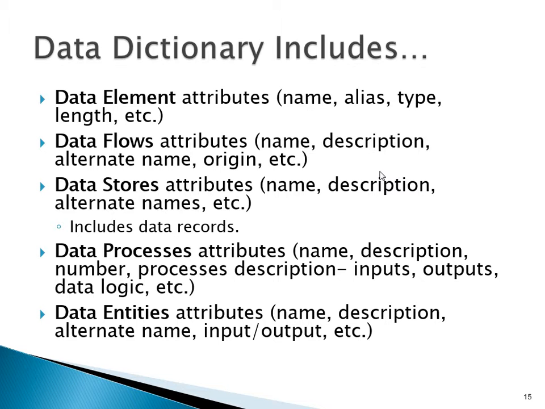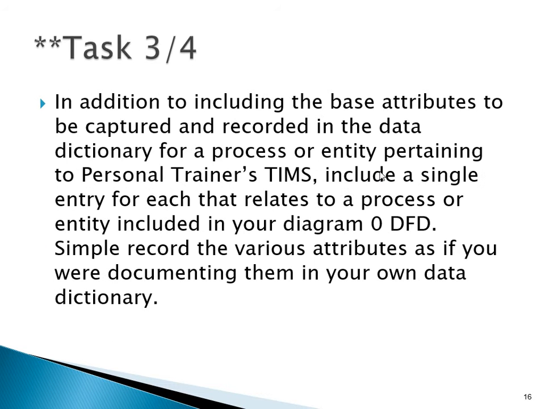Again, if you want to refer to the chapter in the book, it really breaks it down at a real granular level. But tasks 3 and 4 are going to say, in addition, I don't have the book in front of me, it asks you to come up with a minimum of, I think, 5 attributes to include. So I'm going to ask you to, in addition to including the base attributes,